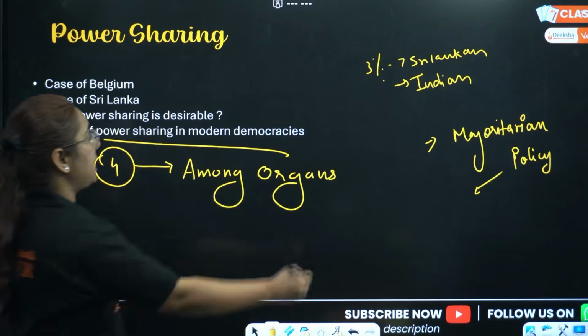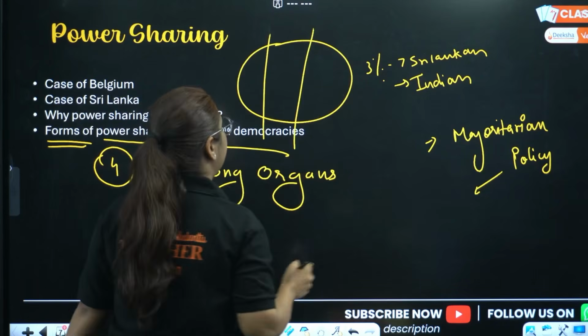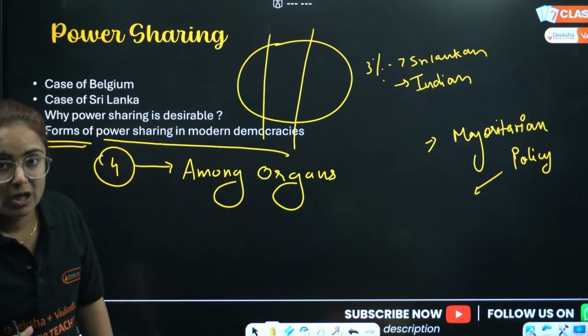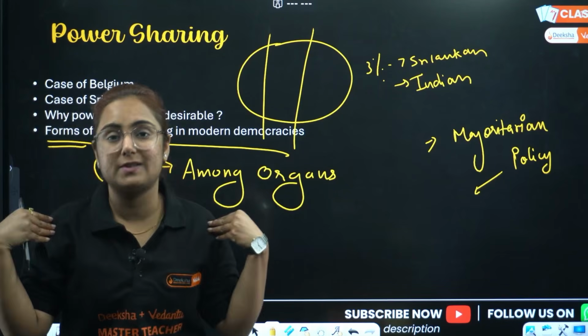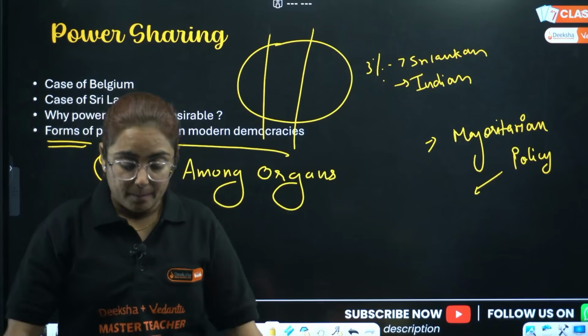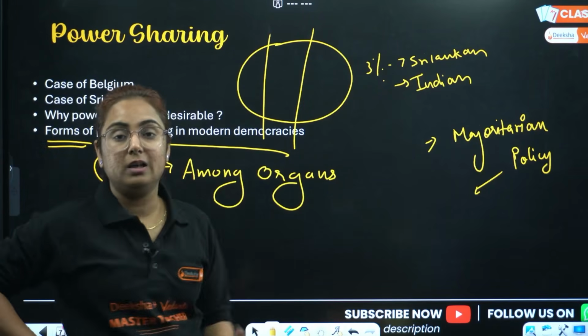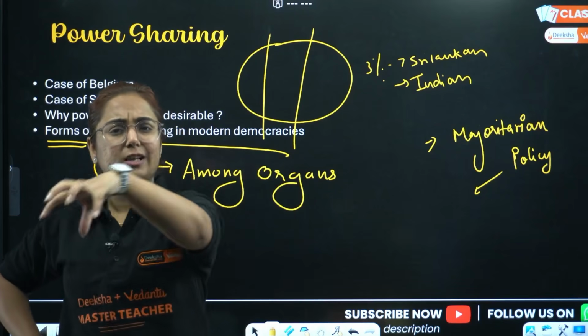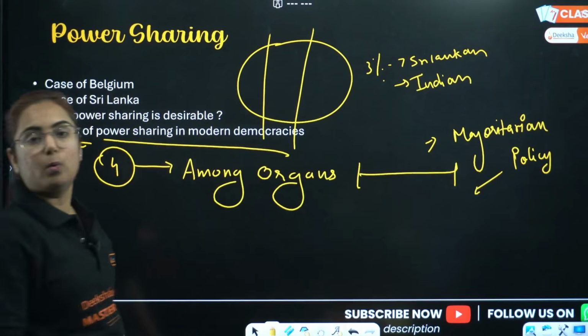Right? Organs means this is a complete body which is divided into different bodies to perform separate work. Like our hands are used for something and legs for something else, but we are a single unit. Similarly, the central government divides its powers. That is known as horizontal division of powers.